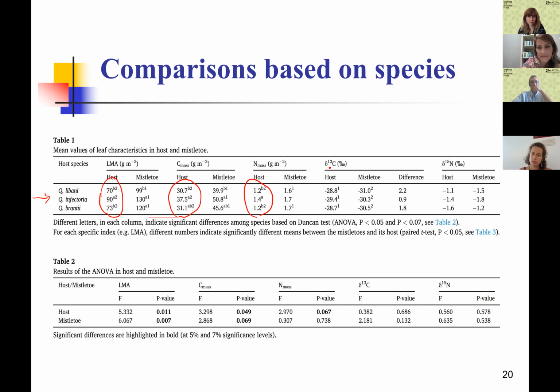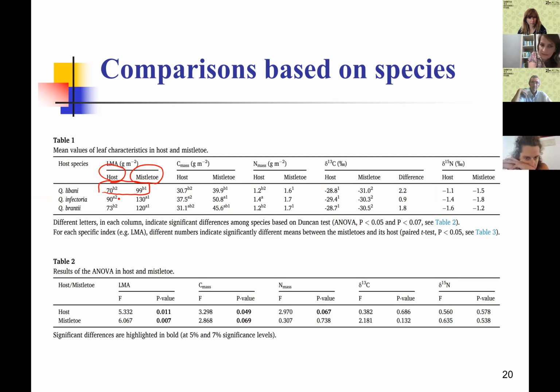But in the carbon isotope composition, we didn't see any significant differences between species, and also in nitrogen-15 composition. In the second part, we compared host and mistletoe in a paired t-test, and I showed a significant difference in numbers, and you see for all the parameters